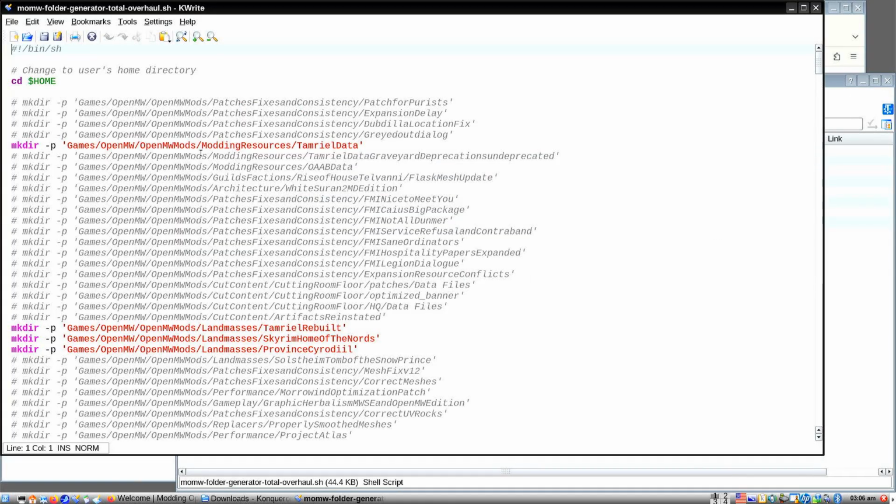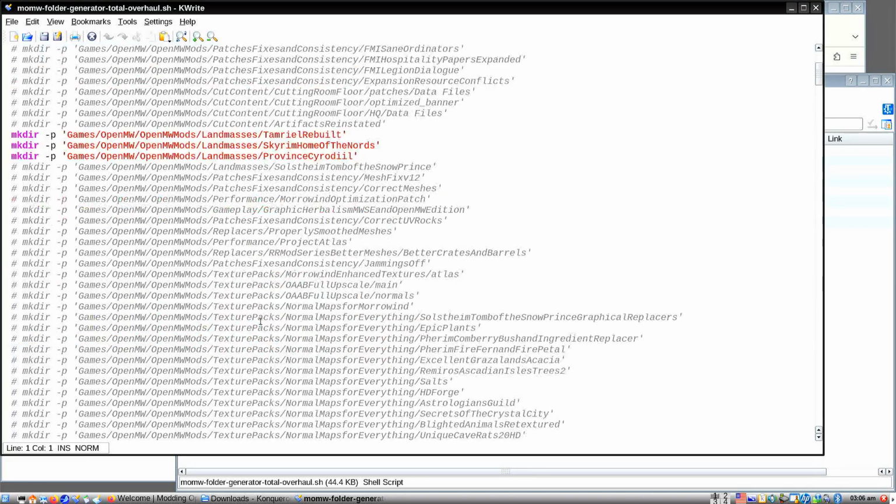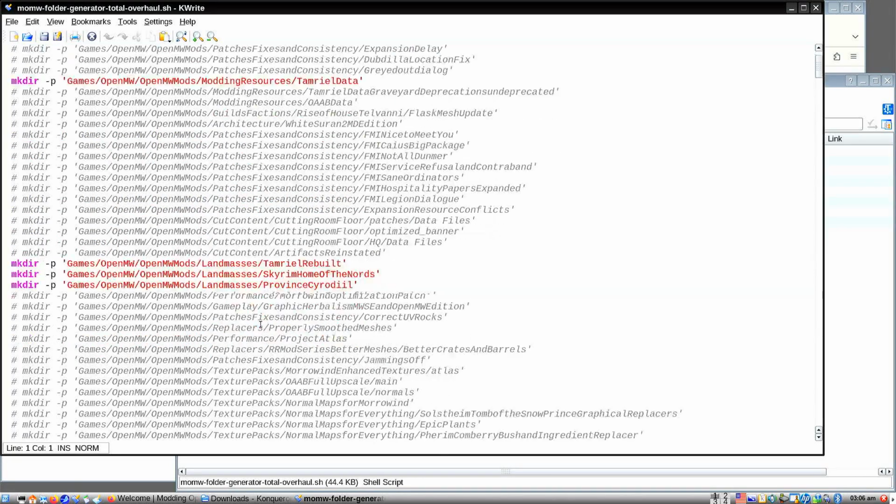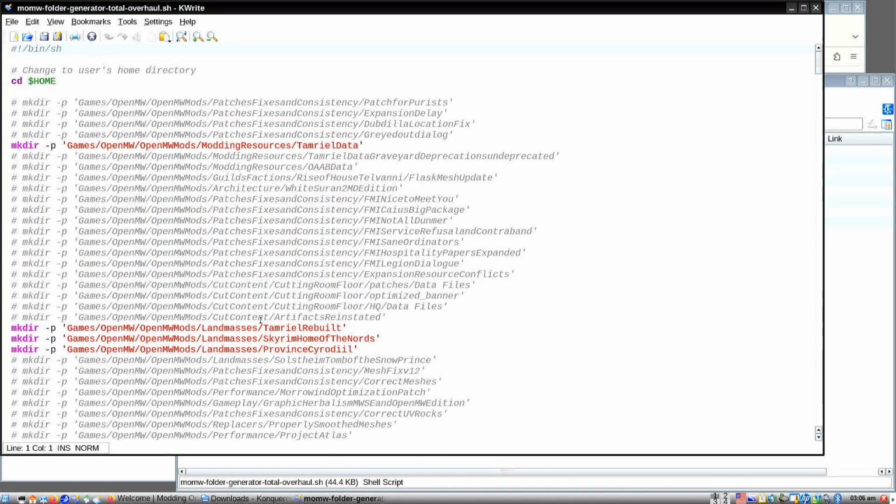I've downloaded about 300, I think it was 312 mods for Morrowind, I'm sorry, OpenMW mods, and it shows me the directory structure to use